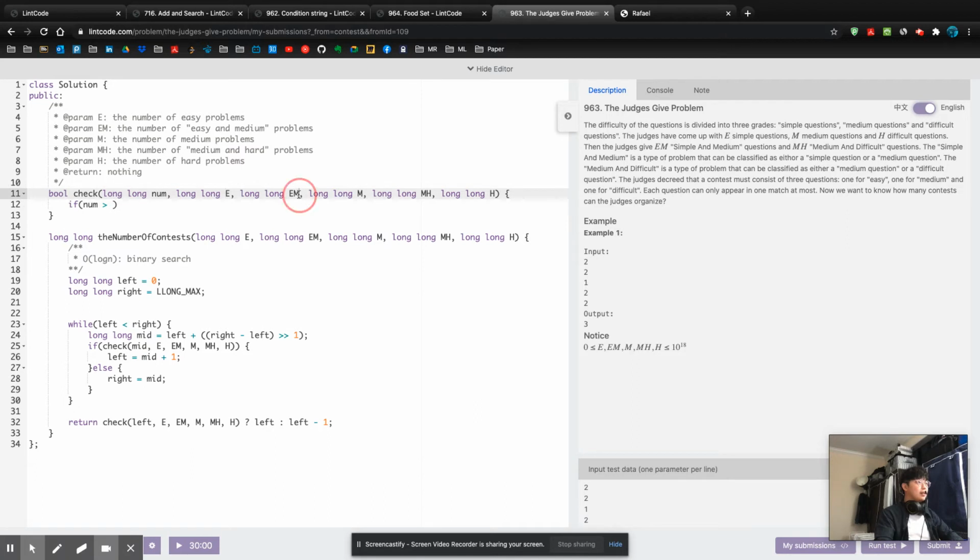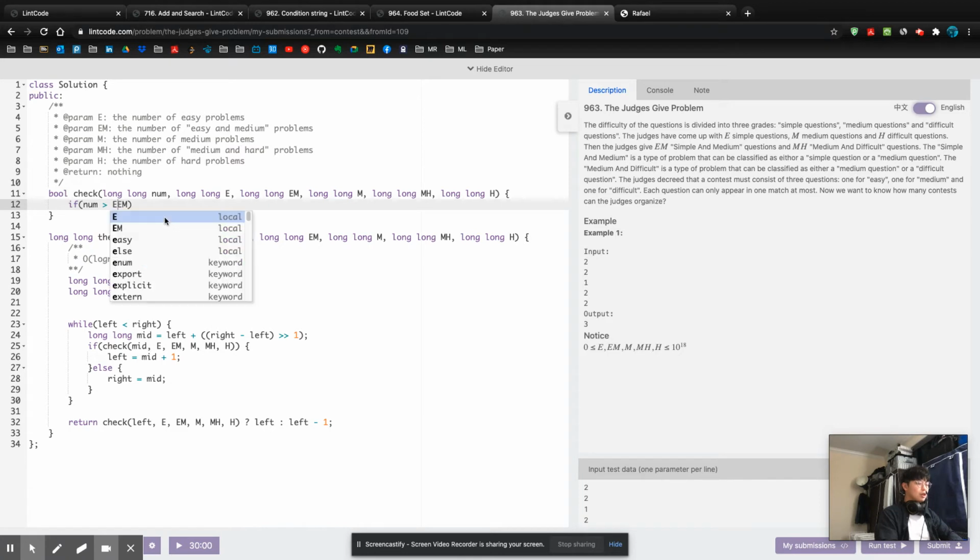I assume that if we put only em into e, because em can belong to the easy level, right? So if we put all of em into e,